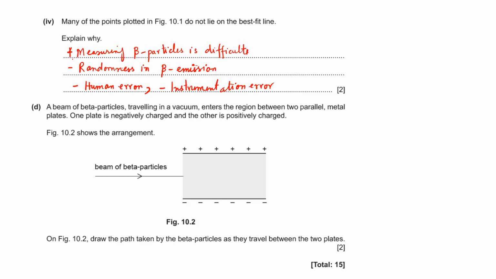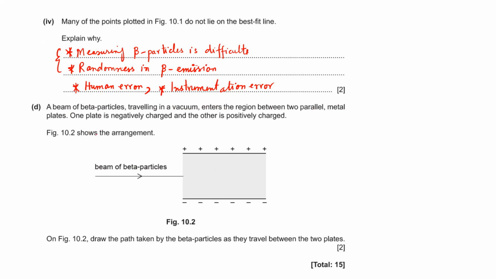Generally all of these are good options, but the first two are more technically well suited for answers. Part D says the stream of beta particles traveling in vacuum enters a region between